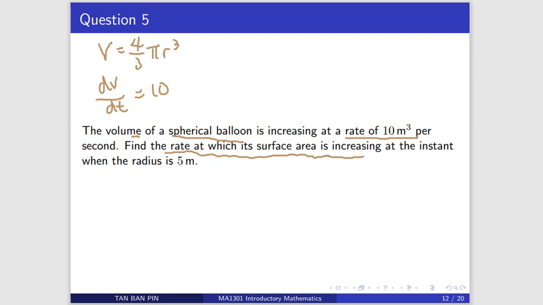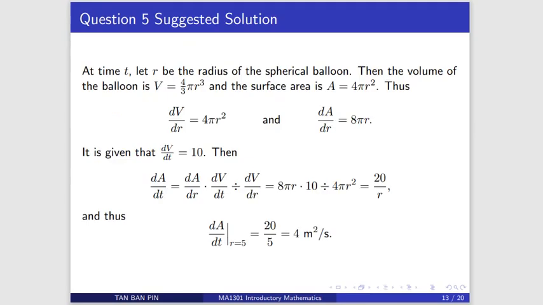Surface area A for a sphere is 4 pi r squared. And what you want is to find dA/dt when the radius is 5. So when radius is 5,